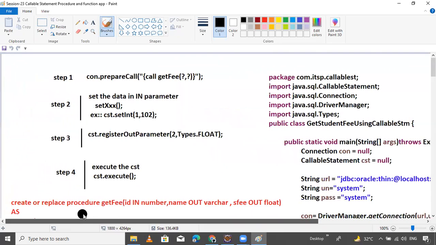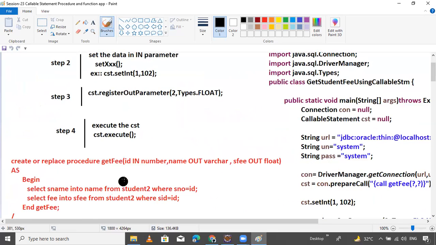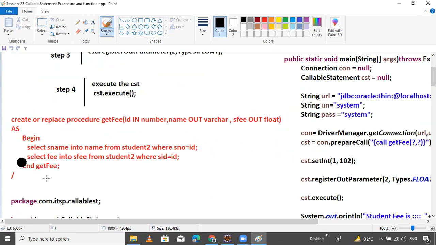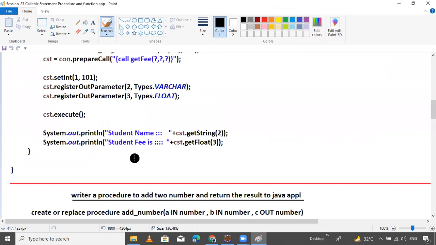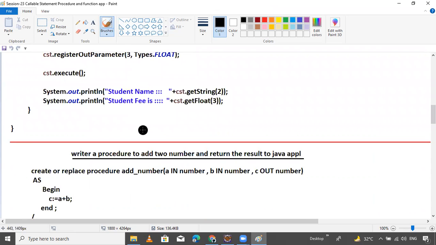I have created one procedure, the get fee procedure. This is the procedure for that, guys. Here we used only two parameters, and this is exactly for the three parameters. If you want to use names also, then you can do it like that.